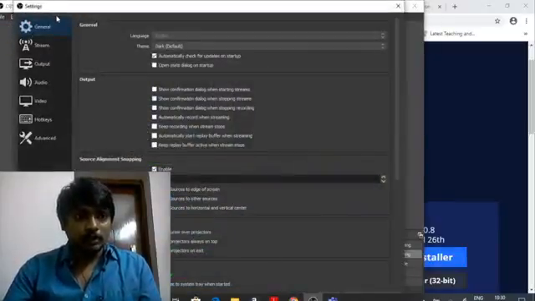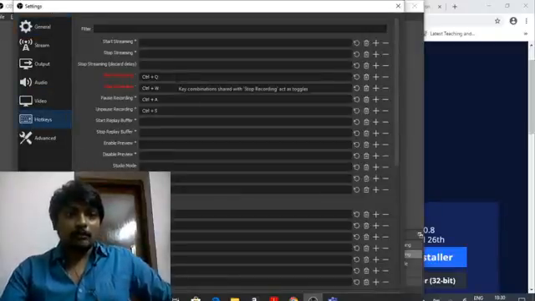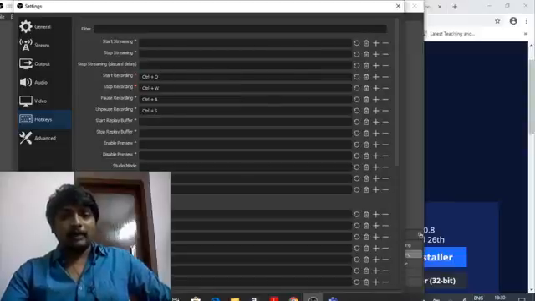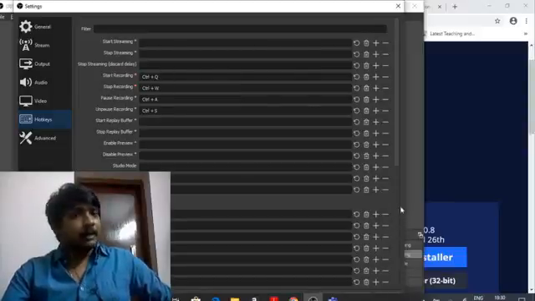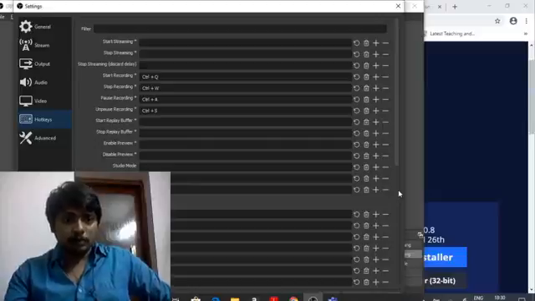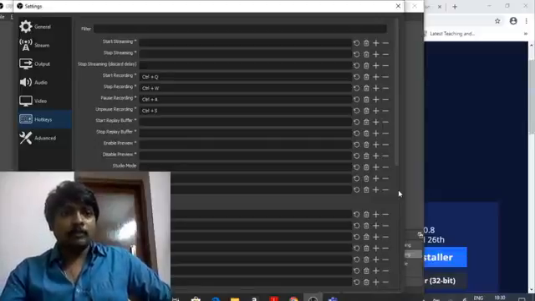So I am going into the settings window, and there is a sub tab known as hotkeys. Here I have set Control plus Q for start recording, and Control plus W for stop recording. So when I am on my desktop page, or in any other application, I don't need to switch over to the OBS tool window to start the recording process. I can be in any other window or application, with this kept open and minimized.